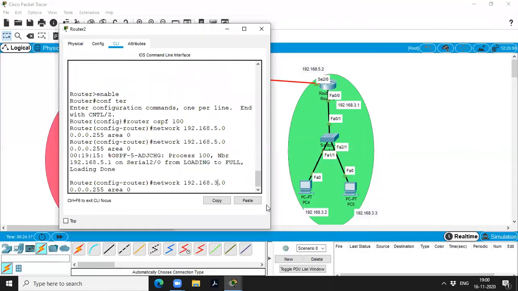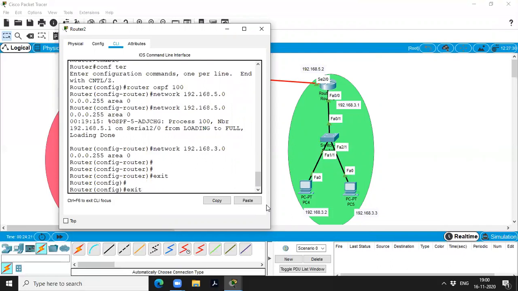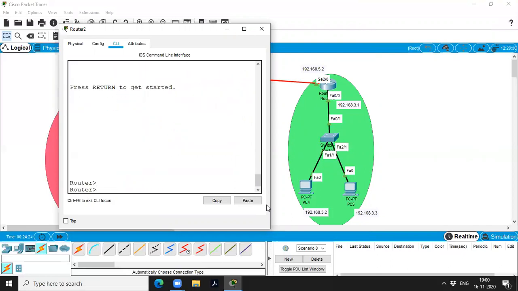Three dot zero. So successfully we have configured all the three routers.